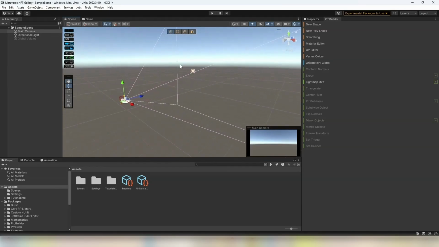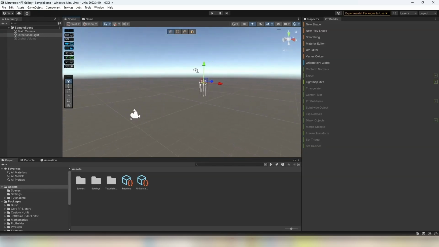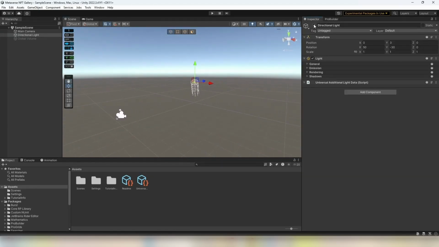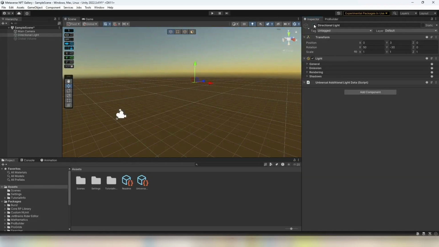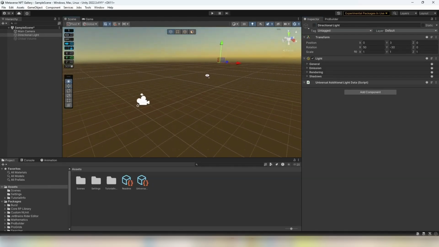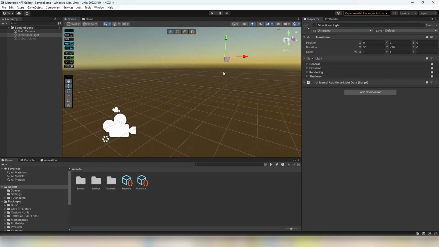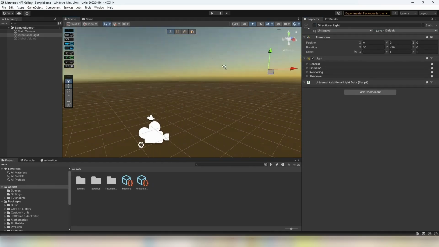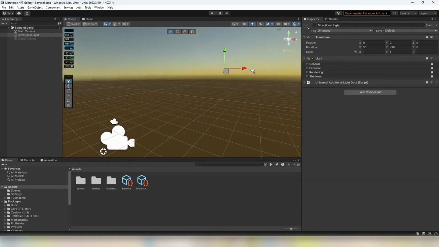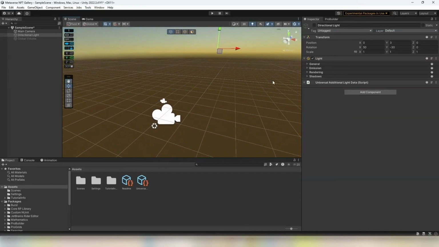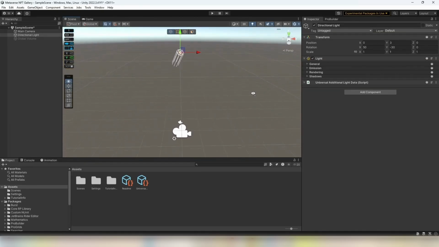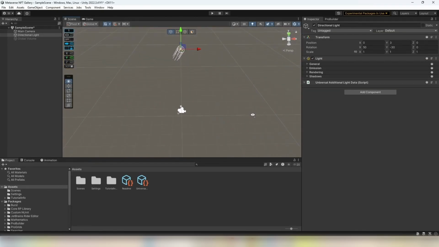Right now we have only two objects in the scene: main camera and directional light. Light gives us some light on the scene. This is how it looks without it. Why we still have some light after that, I will explain to you when the time comes. Okay, now we need to start creating the